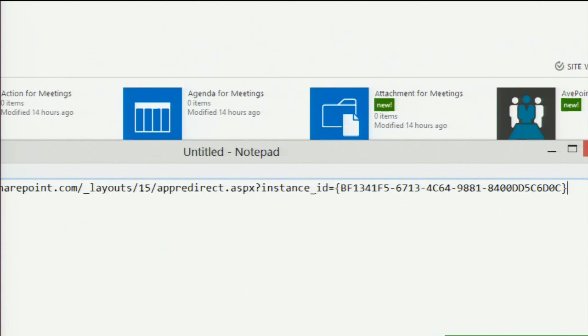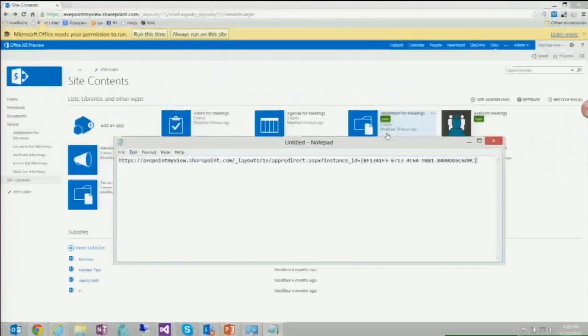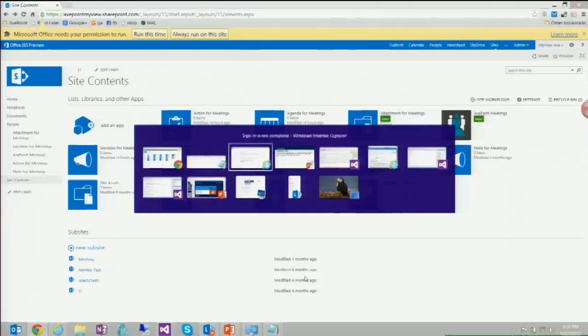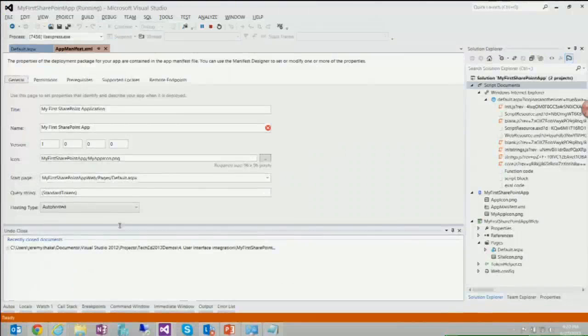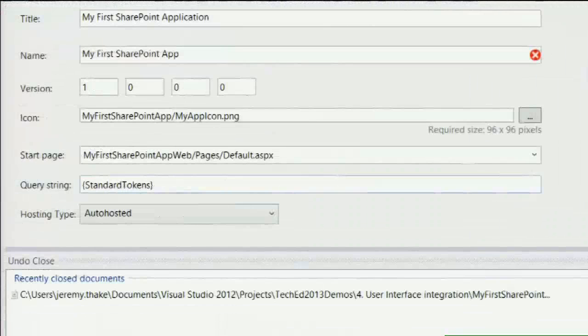But what's really nice is, with some variables, what I can actually do, if I jump into my project, is I can come in, and you'll notice down here, there is this thing called the query string. And you can see there that I've only got the standard tokens in here. But if I wanted to pass through &meetingID=400, when it authenticates, it jumps into my meetings app, passes that meeting ID, and would automatically load that particular meeting instance rather than going to the home page